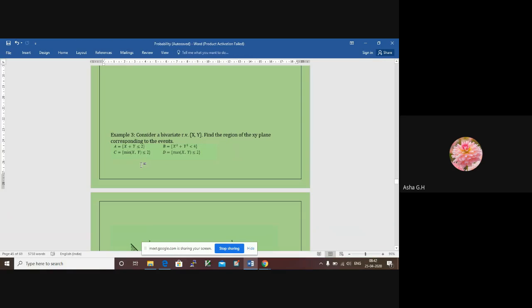I thought people had already gone through this and understood something. If not, go back, take some examples, and try with the minimum and maximum of two random variables. Maximum of x comma y less than or equal to any value will result in the intersection of x and y. These two are the standard equations. Always, minimum will result in the union and maximum will result in the intersection. We will discuss that. I will take an example, and there is a standard explanation for this.